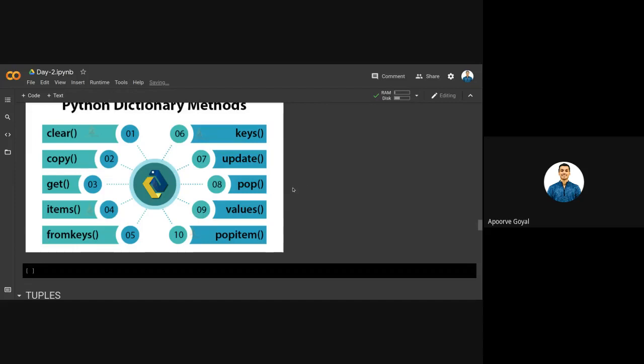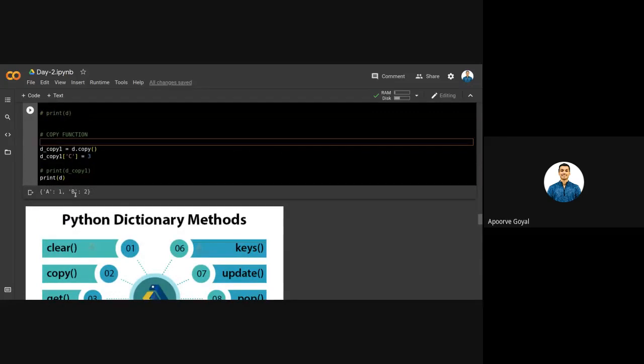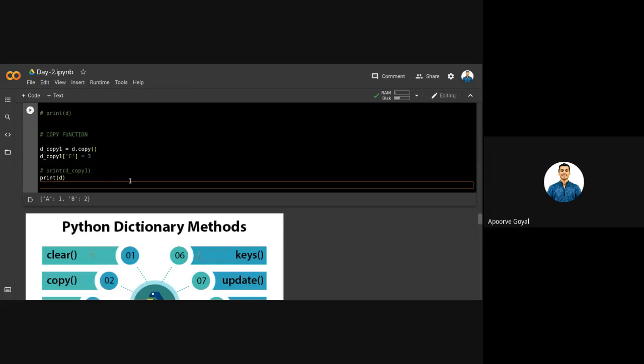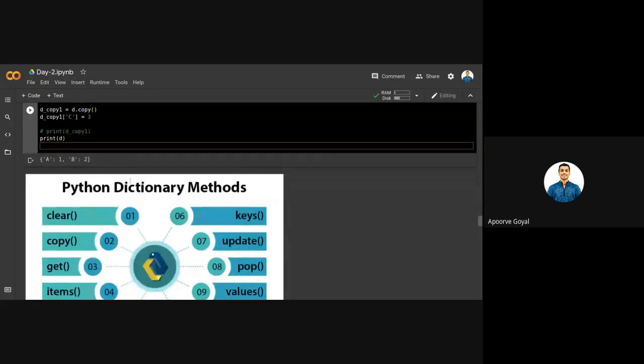Items will return all the key value pairs, and then keys will return all the keys in the form of a list. Suppose the keys in this particular dictionary are 1 and 2, it will return a list like this, 1 comma 2. Then update is simply a way to add a new key.